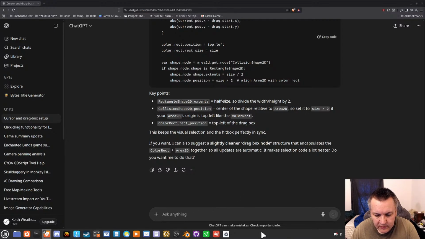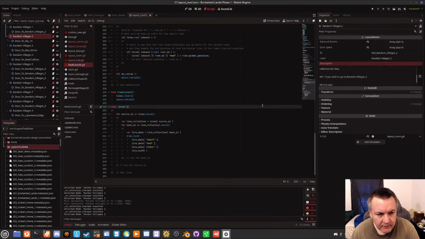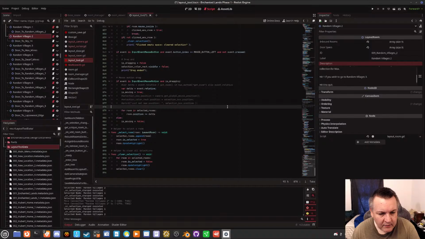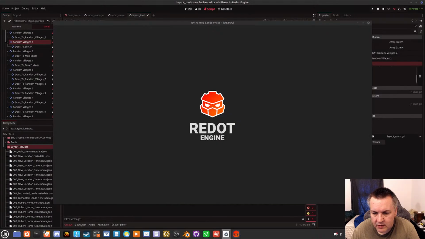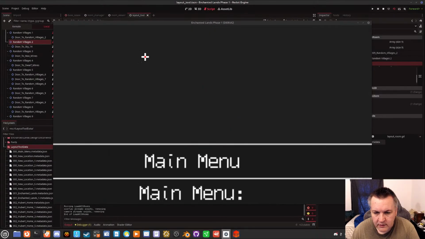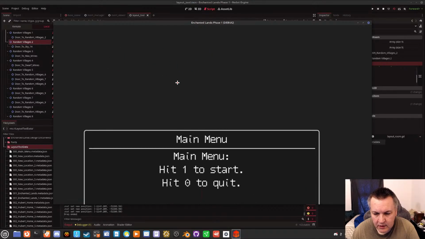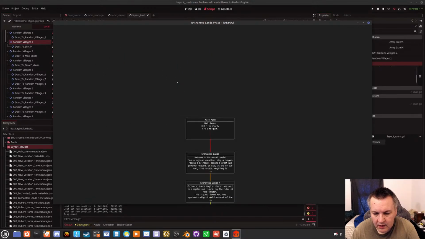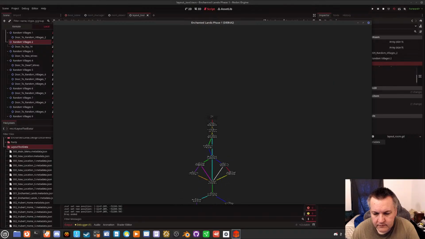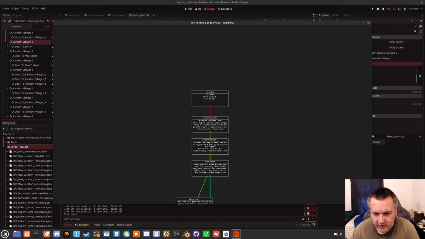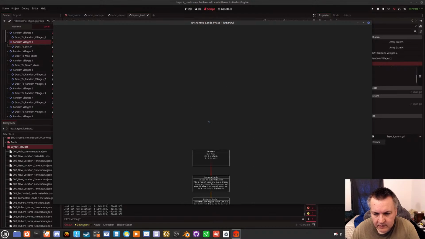So we are going to, okay, I'm going to start by going to the layout tool. I want to start by running this for a quick second. So that's right, we do the shape extents like that.